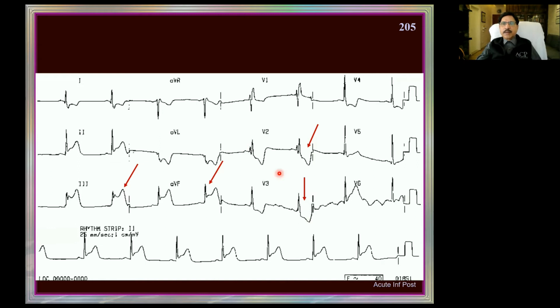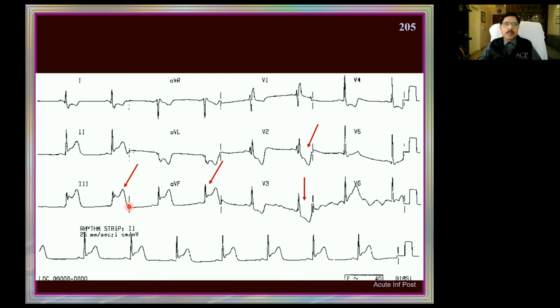What are you seeing? An M pattern, an RSR pattern in V1 and V2, and a slurred QRS complex with a slurred S wave here, which tell me that there is a right bundle branch block. Okay, right bundle branch block is all right. But there are changes of the ST segments also. The ST segment is pulled up here, and the notching is because of the bundle branch block. And here also it is pulled up. So in all the inferior leads, there is an acute inferior wall infarct.